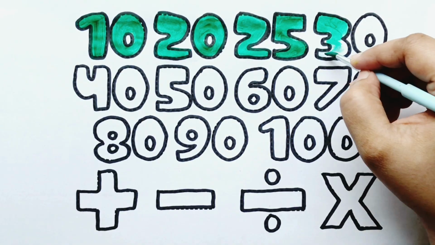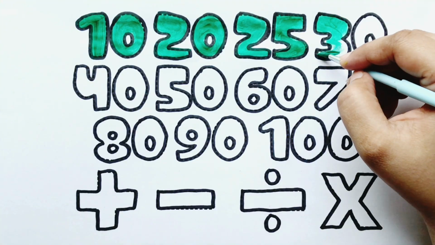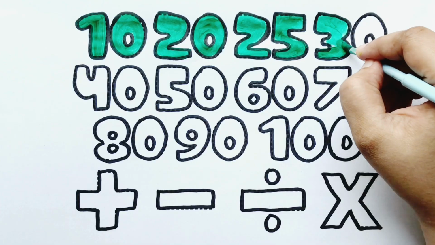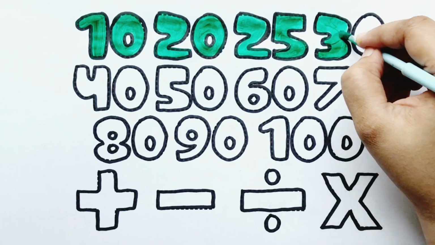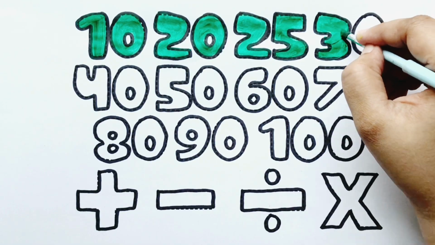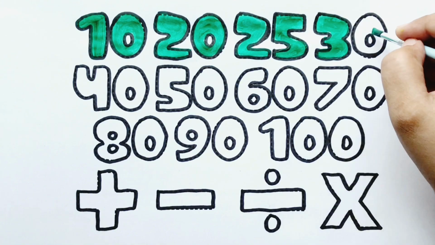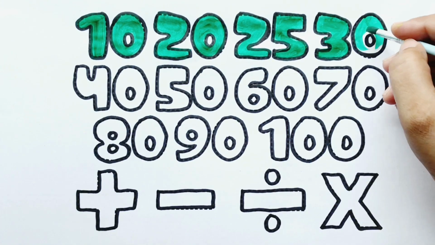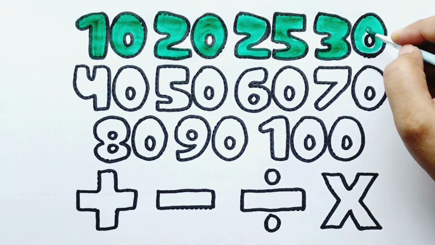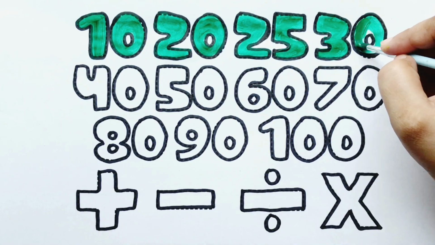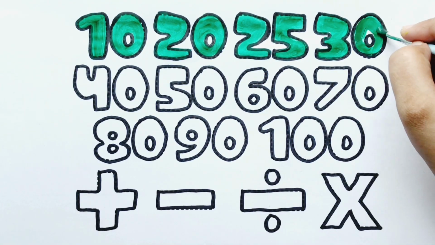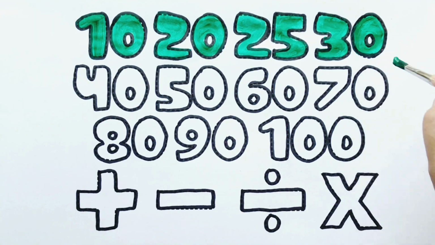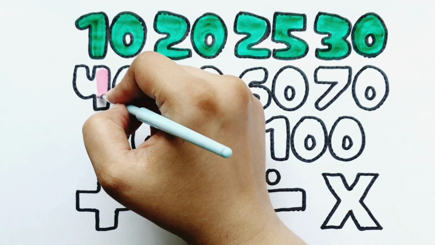A, B, C, D, E, F, G, H, I, J, K, L, M, N, O, P, Q, R, S, T, U, V, W, X, Y, and Z. Now I know my ABCs. Next time won't you sing with me? A, B, C, D, E, F, G, H, I, J, K, L, M, N, O, P, Q, R, S, T,